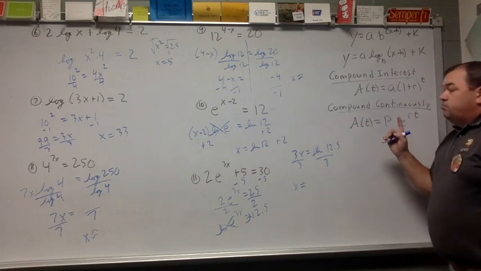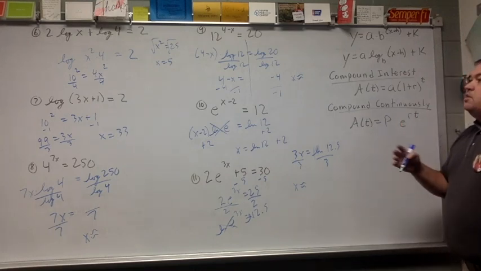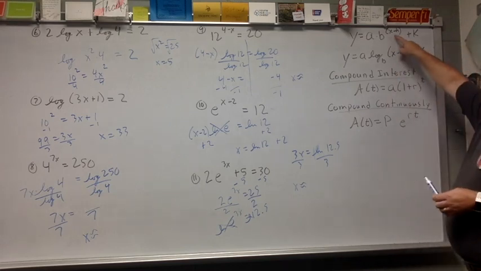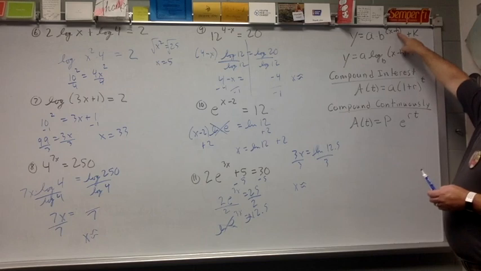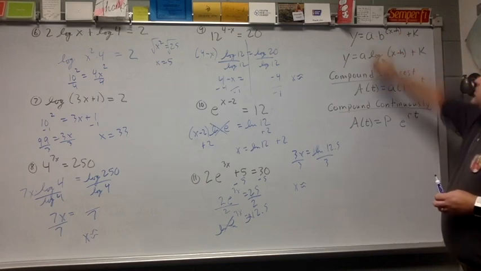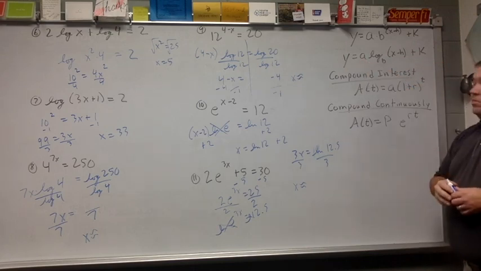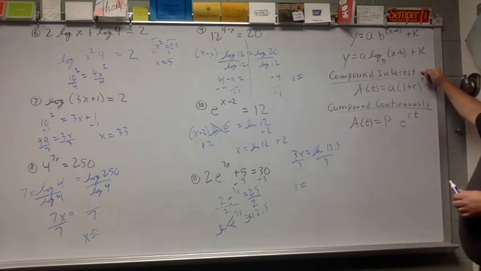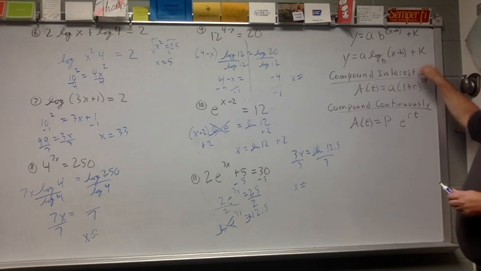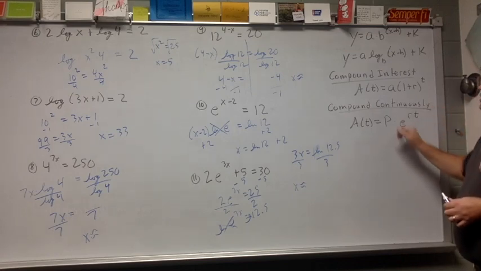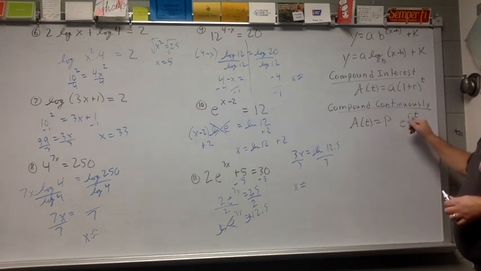Couple of extra formulas that we saw throughout this unit on exponentials and logarithms. We talked about a basic exponential. We talked about what h, k, and a do. Same thing with logarithms. We talked about h, k, and a. We had a compound interest formula, an exponential growth, exponential decay based off of rate and time. And then we had a compound continuously formula, which was using a base e. P stood for the principal, and again, rate